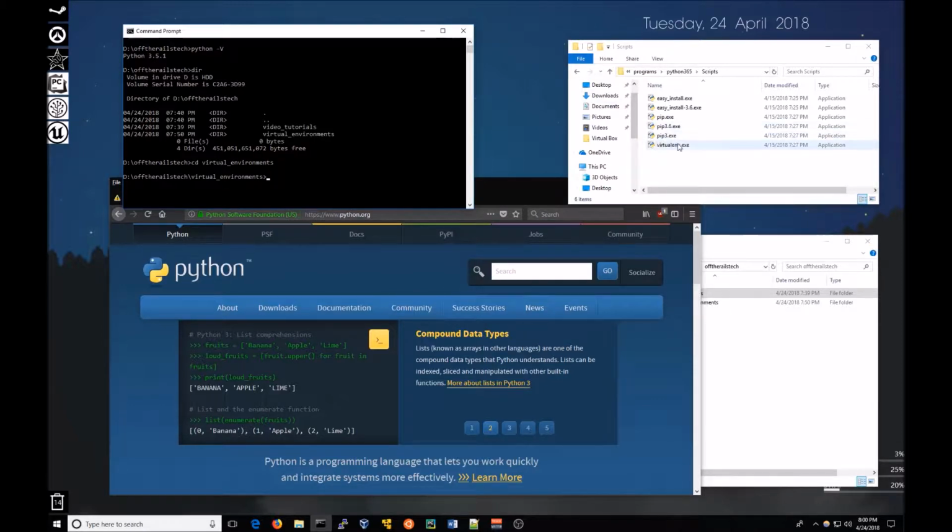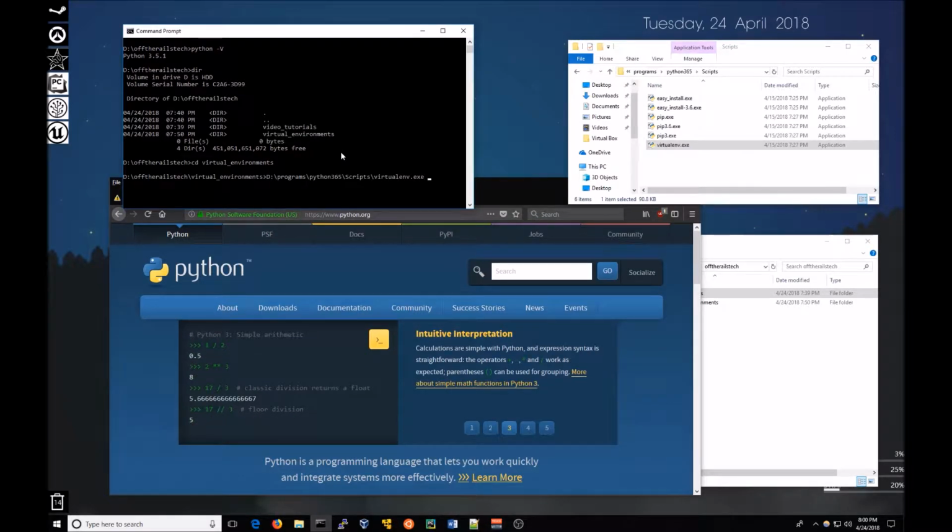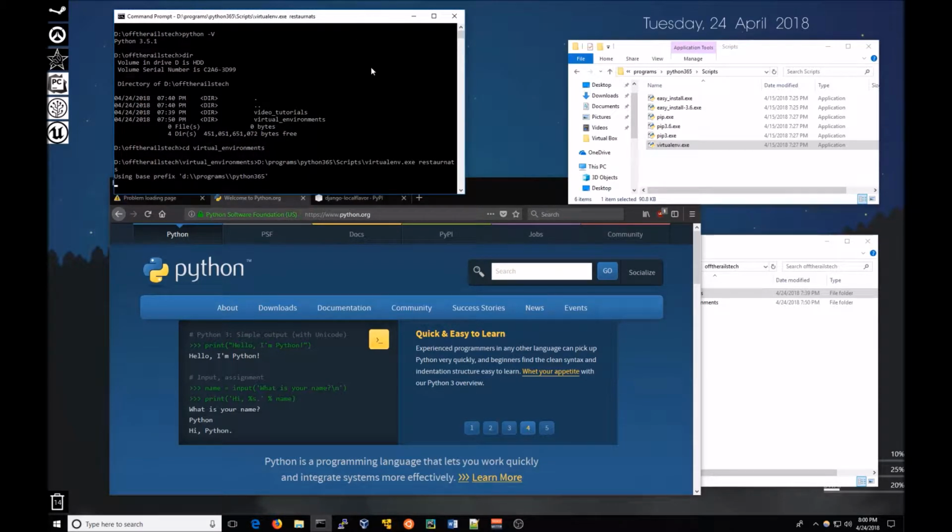So I'm just going to drag this over here to make a new virtual environment, and we're just going to call the virtual environment restaurants, because what we're making is an app for reviewing restaurants. Alright, while this does that,